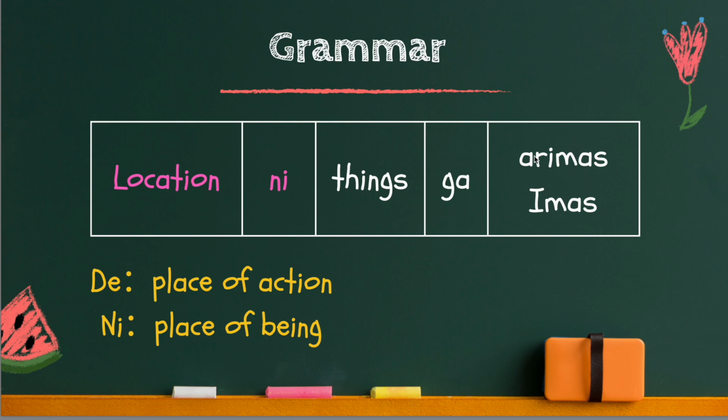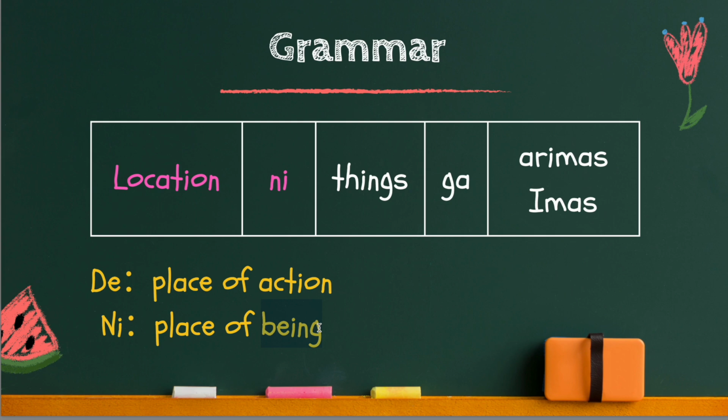So like that, you can indicate the location of those existence. So this is the grammar format. Location に things があります or います. So, when you indicate the location, this time you need to use に particle to indicate the place of